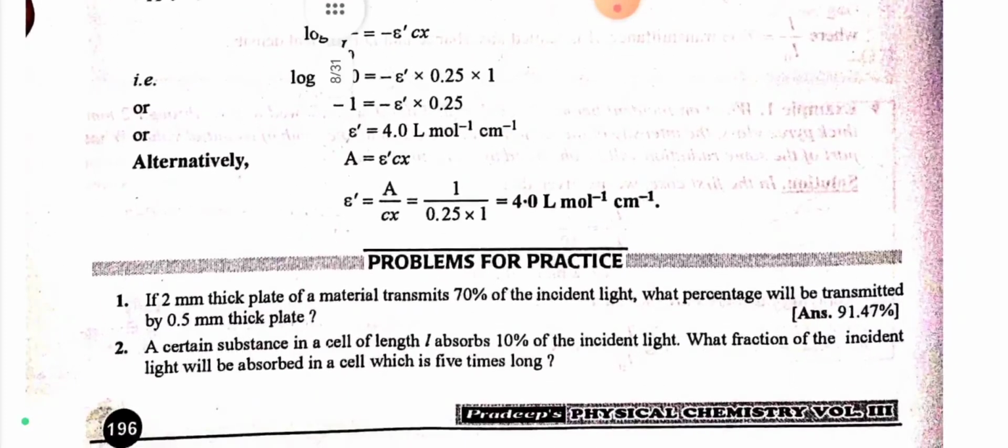Problems for practice. First, if a 2 millimeter thick plate of a material transmits 70% of the incident light, what percentage will be transmitted by a 0.5 millimeter thick plate? Answer: 91.47%. Second, a certain substance in a cell of length L absorbs 10% of the incident light. What fraction of the incident light will be absorbed in a cell which is 5 times